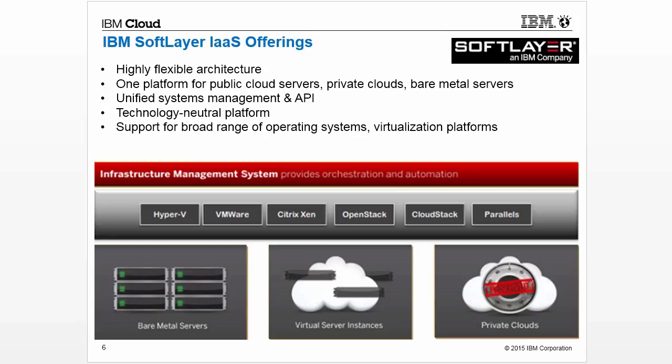Softlayer is IBM's infrastructure as a service offering. Softlayer provides a highly flexible architecture and a single platform for public cloud servers, private clouds, and bare metal servers. This is a technology-neutral platform